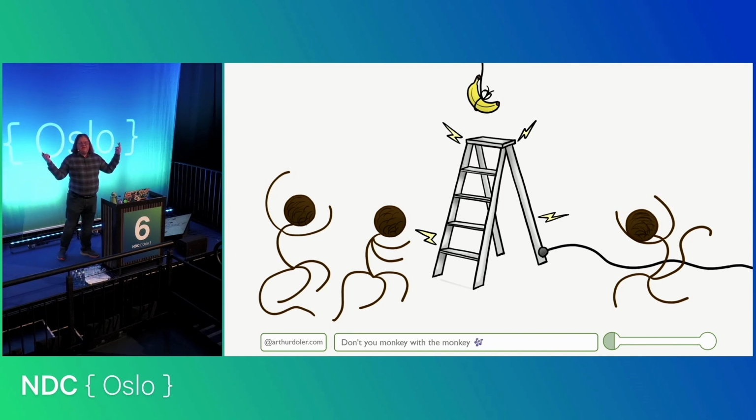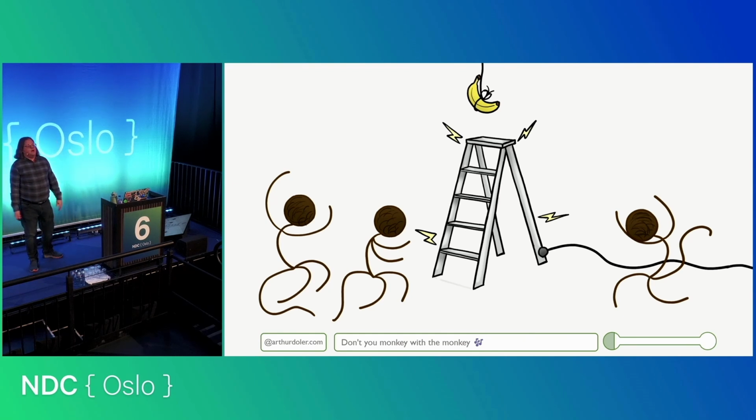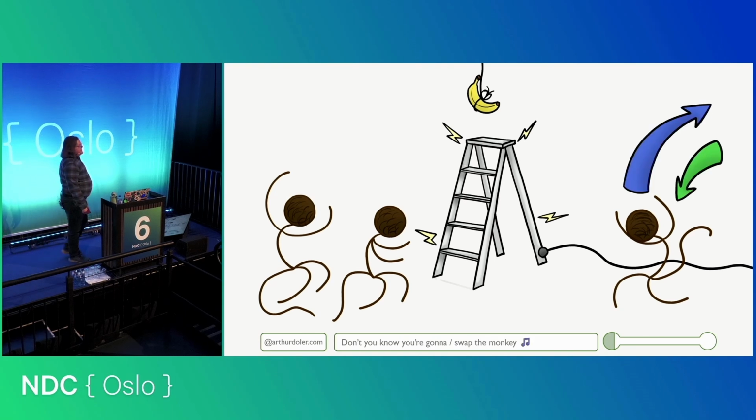These chimpanzees obviously will go for the food and shock the hell out of themselves on the ladder. And eventually all of them will learn you don't go near the ladder. What you start doing then is swapping out chimpanzees in the room. And as you do this, the new chimpanzee will look up and go, banana, and go straight for the ladder. Chimps are generally pro-social animals, and they'll prevent each other from getting injured, so they'll protect this other chimpanzee.